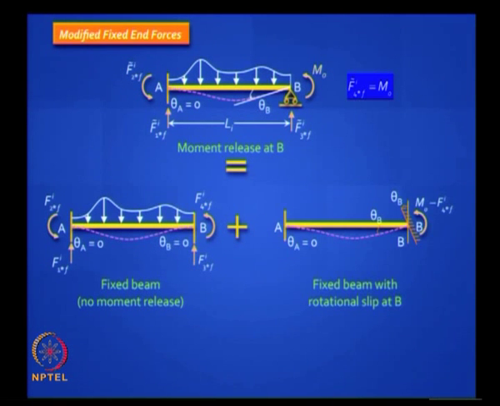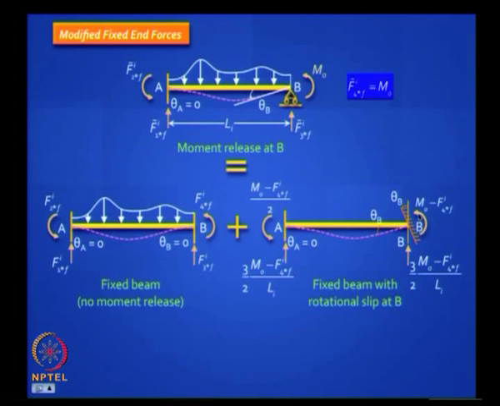So you will get something like that, right. So you allow it to rotate and then you will get some reactions at the other end. What will be those reactions? Well, there will be a carryover moment, remember, we have done this before. Let me explain once more. Here you have to reverse this moment, then only you will get 0 from the loading, but in case you have a constant moment here, you better apply that as well, right.